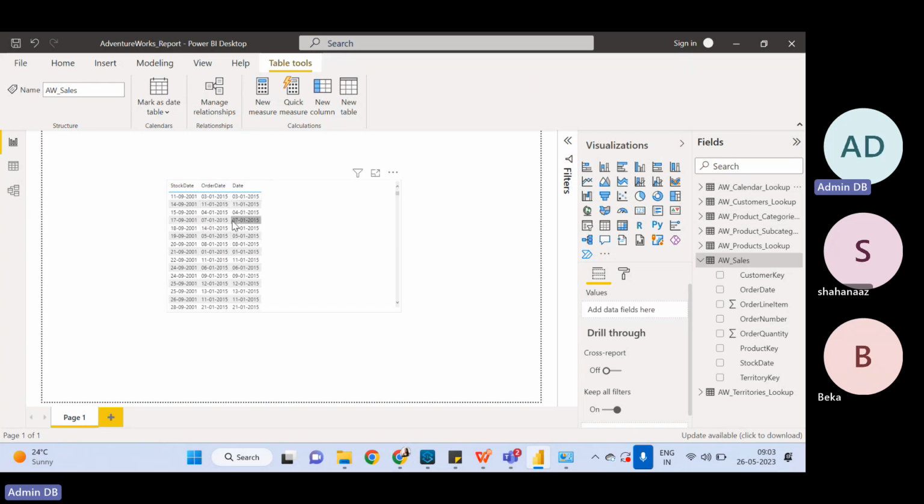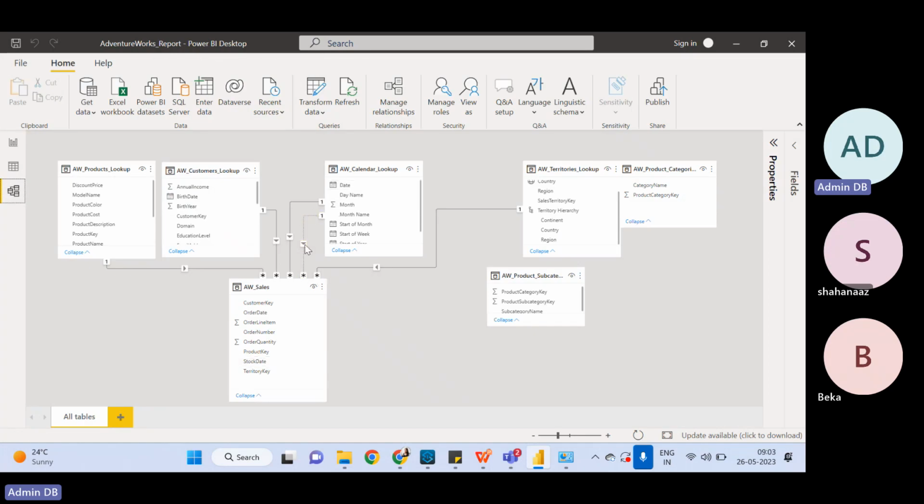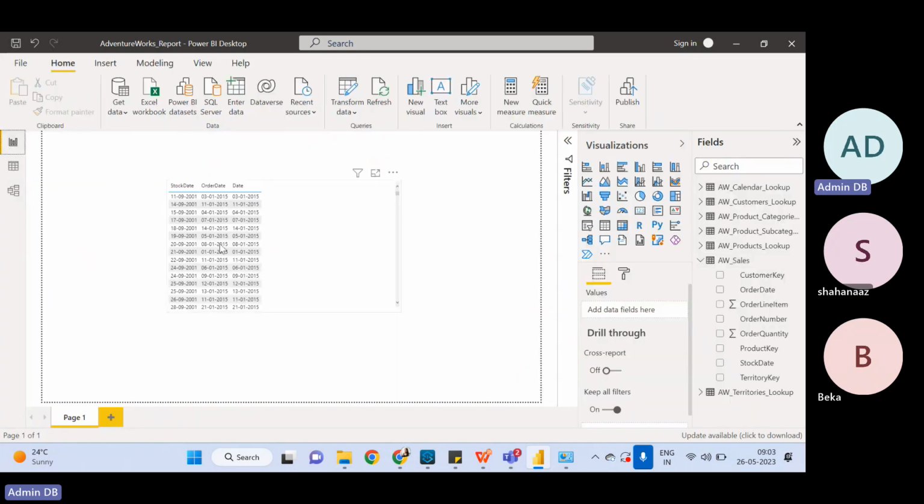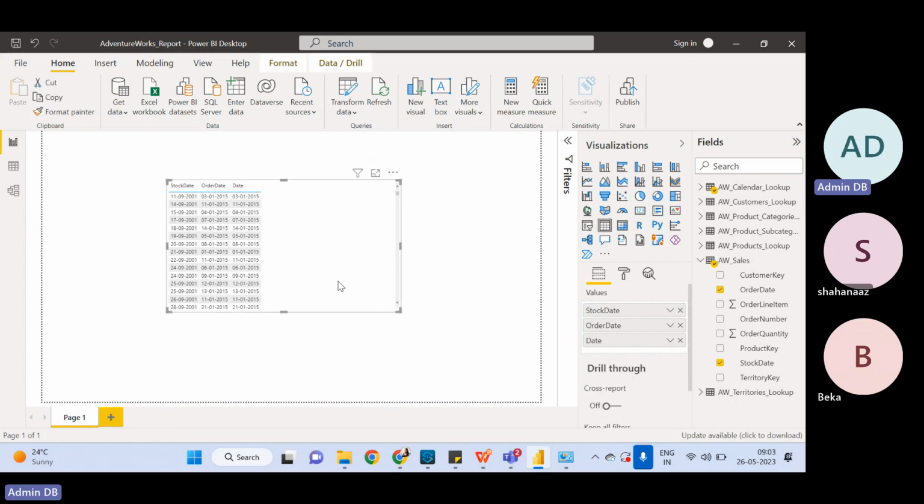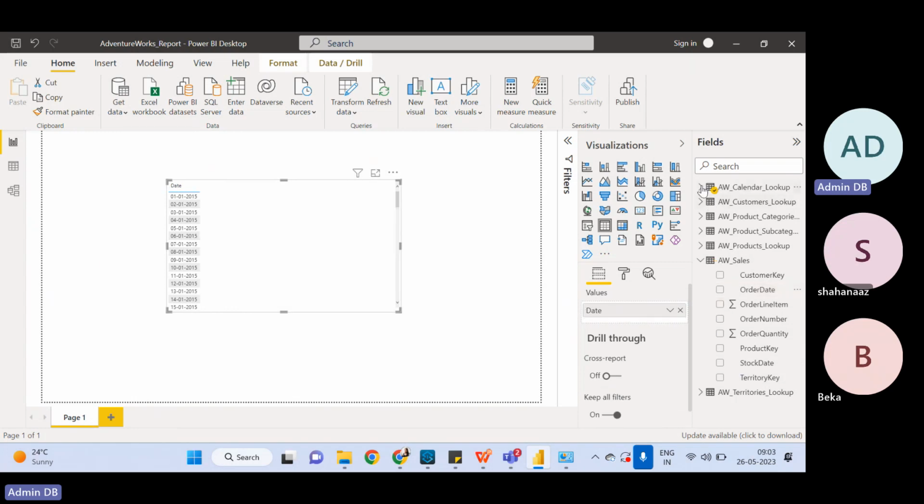Why? Because we have created a relationship between order date and date, and whatever value we pull here, it will have the same value in both columns. But since the active relationship is not created for stock date, this value you see is not coming correct over here. It's not matching with each of these. So I'll remove this, because this is not a very good example, but the point is